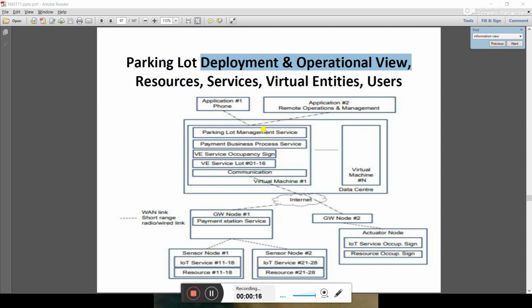So in the last lecture you have seen the parking system and where the parking was defined in a pictorial view. So here I will also again tell you about the parking system.